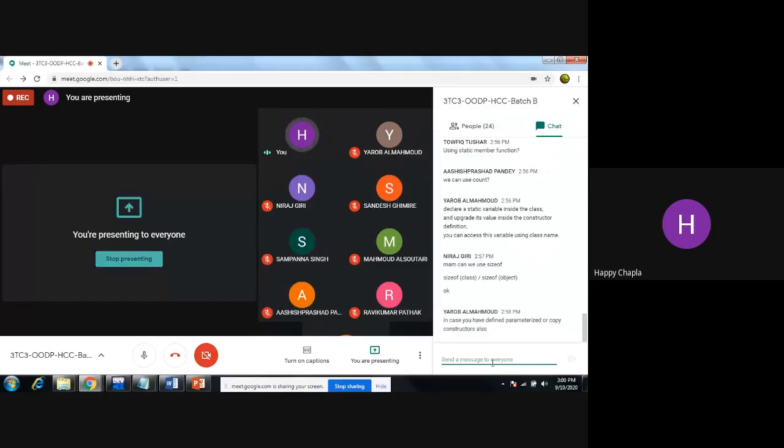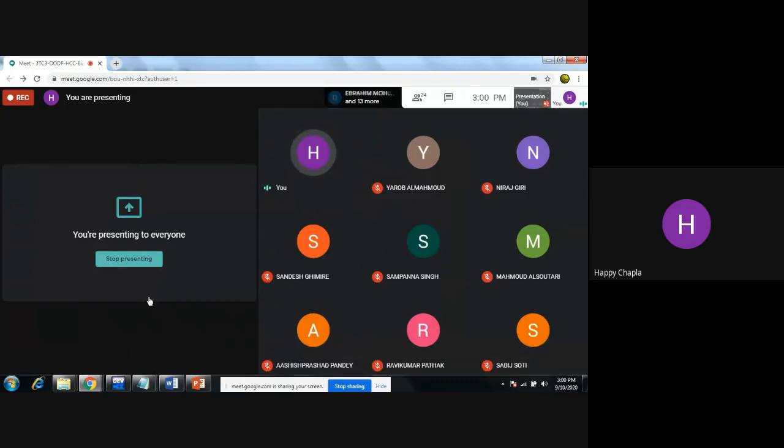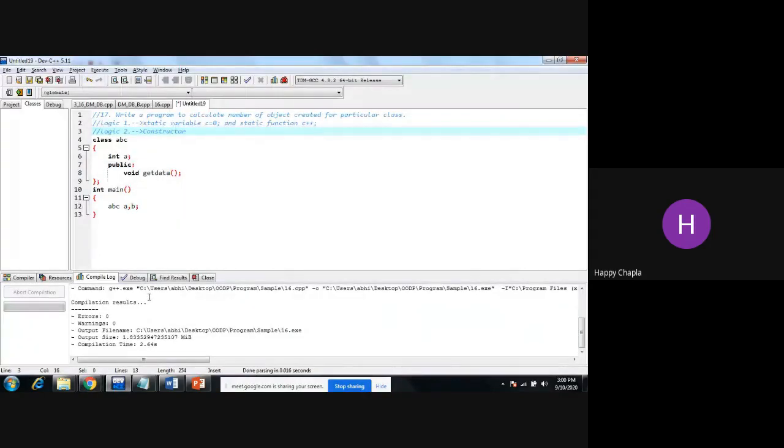In case you have defined a parameterized or copy constructor also, you need to design your code accordingly, if I am using that object more than one time. In the copy constructor, we are just copying from one object to another object, right?